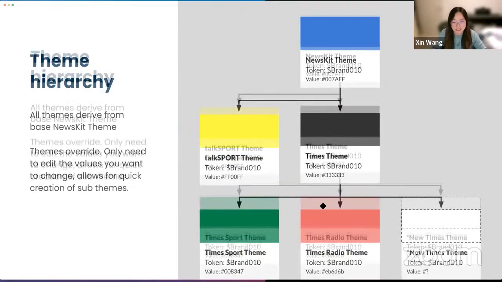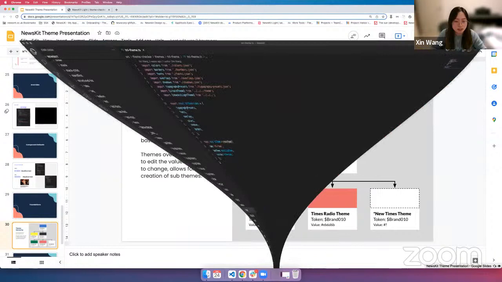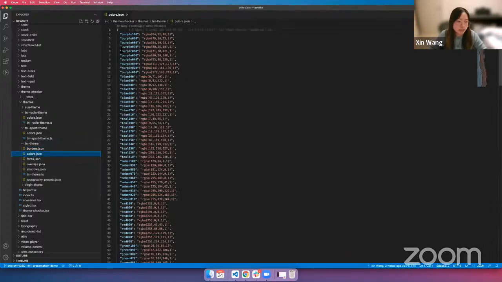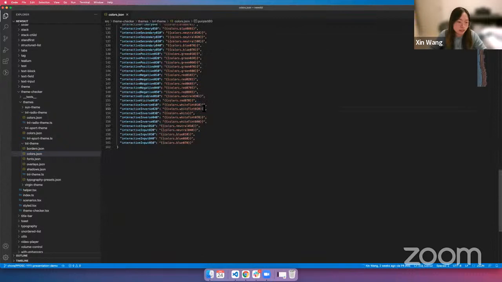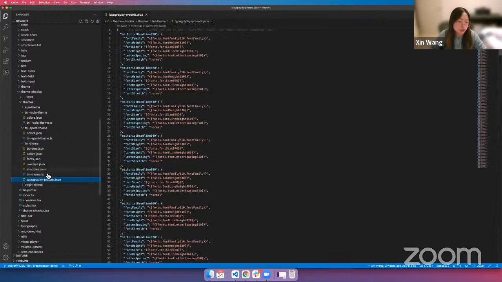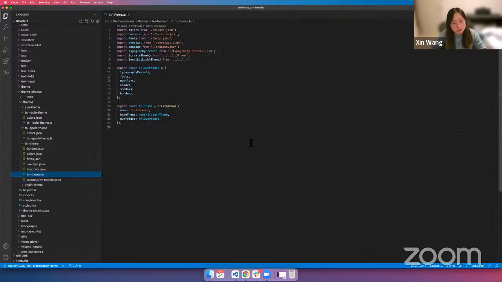Here, I'm gonna share my code editor with you, just to show you how we did it. And before that, I just want to show you what we mentioned earlier in terms of our theme file. These are foundations, colors, borders, and these are literal tokens, these are contextual tokens, fonts. We can use it to create different typographies. And all of those foundational files are actually exported from Figma. And so it was given to me by our designers in this JSON format, which is really great because I don't have to do anything.